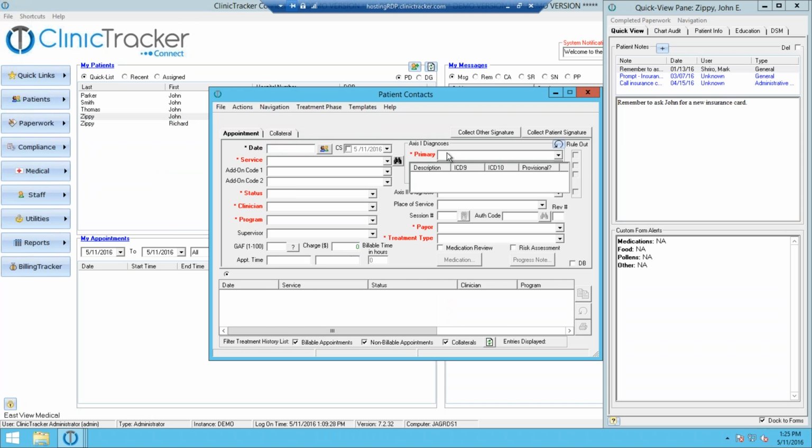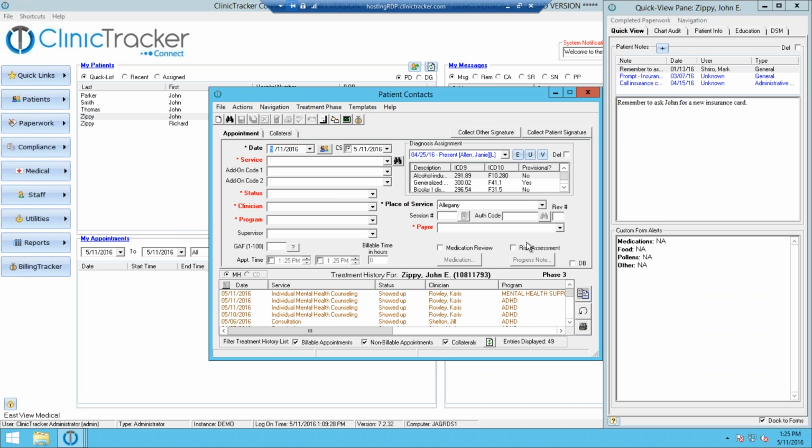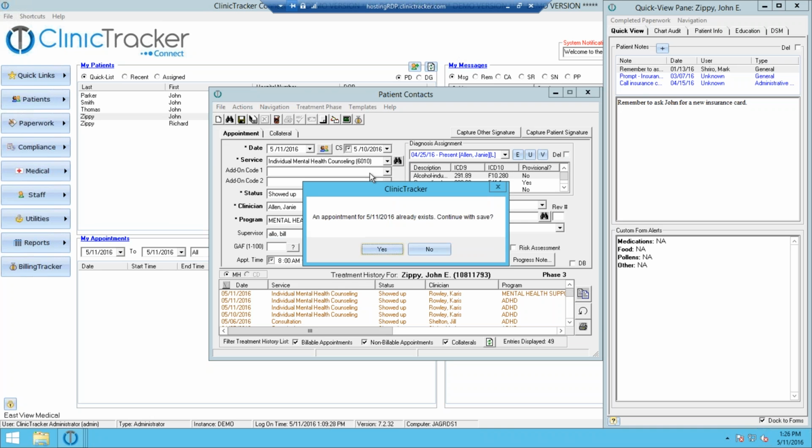Okay. All of the progress notes are attached to a patient contact record. So what I'm going to do is just copy a previously entered note by using this copy button, and I have things in here like the service, the clinician. I'm going to change this clinician to Janie Allen because we just looked at her staff info record. If I have a supervisor on here, I'm going to select the name here, so we'll say that Bill is her supervisor. Okay, once all this information is saved, I'm going to go ahead